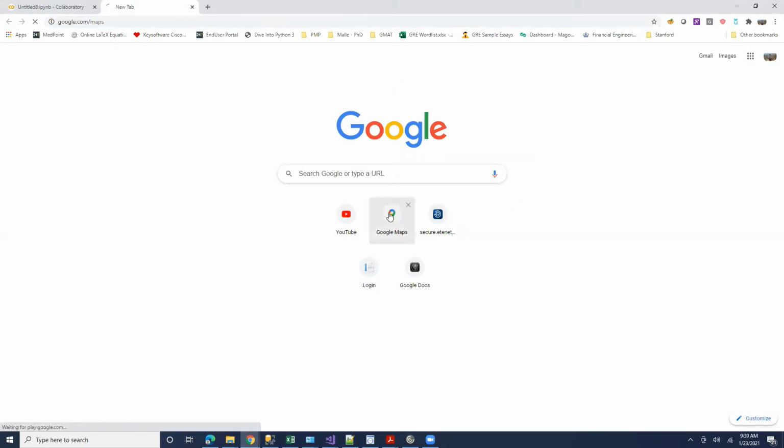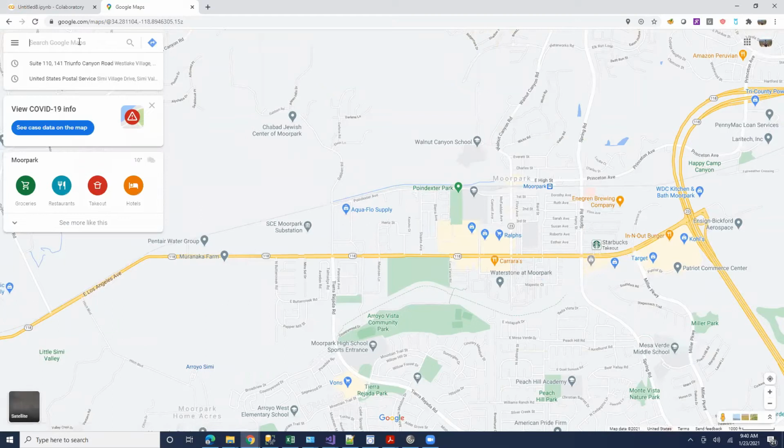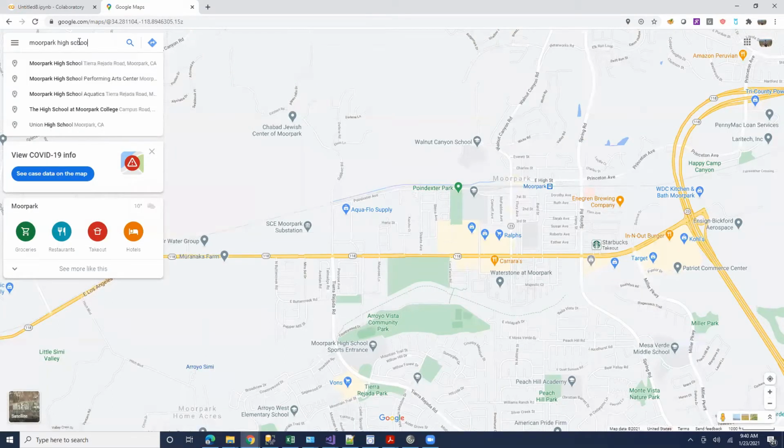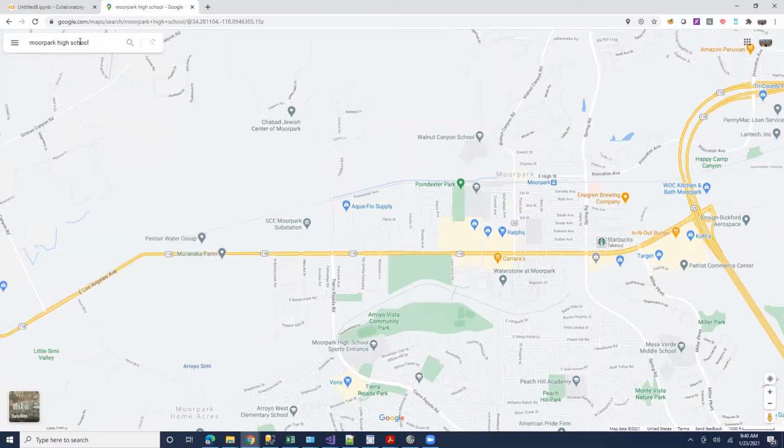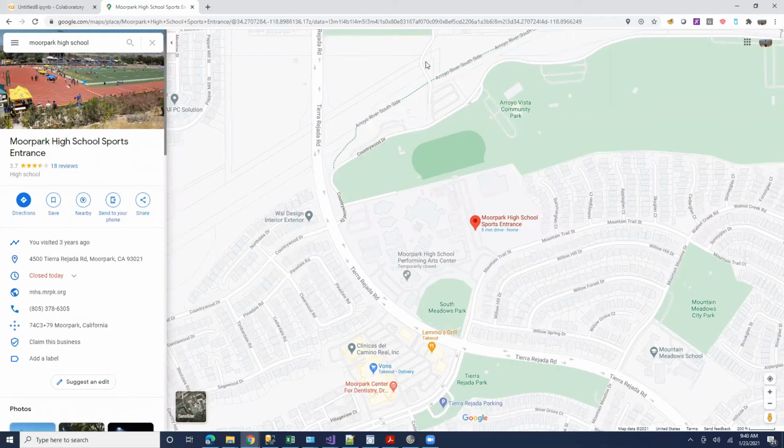So let's say, for example, Google Maps. I go to Google Maps. I want to search for a place. So let's say I want to search for Moore Park High School. So it shows me something. Oh, okay, yeah. Someone is asking about REST APIs, which help you get data without having to send data about literally everything you do to get some data back. Yeah.